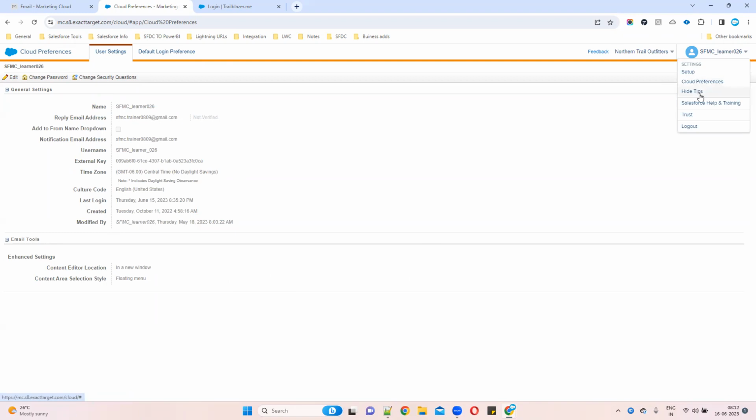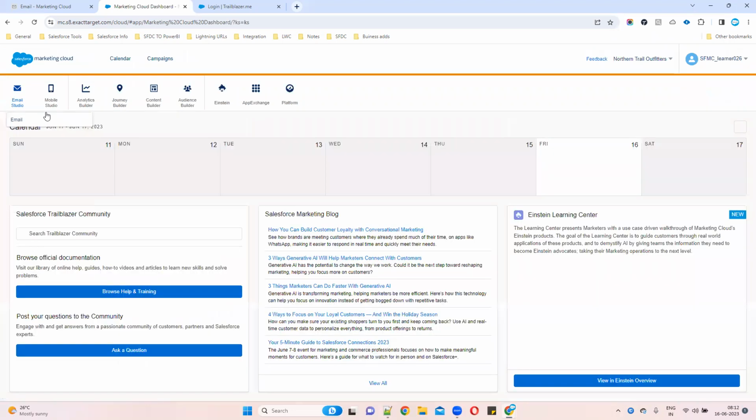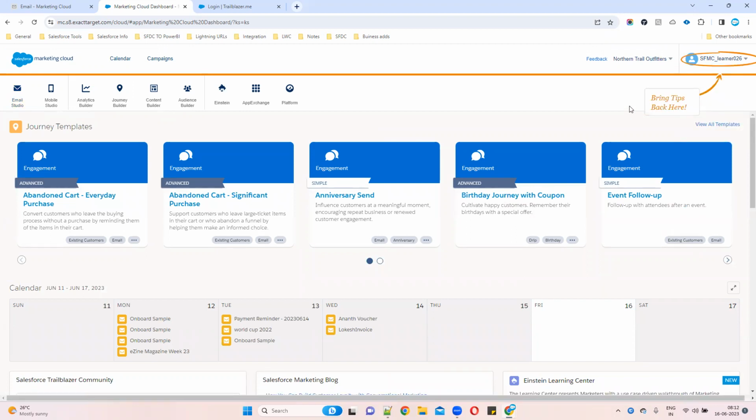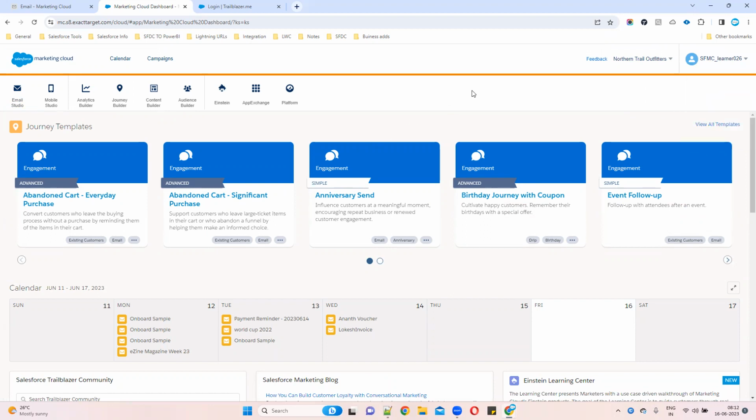Next is show tips. What is it? For example, if you open Marketing Cloud and click on this option, you can see something highlighted, and there is a bulb symbol in some places that describes what it is. It is like a note, quick info about that item.